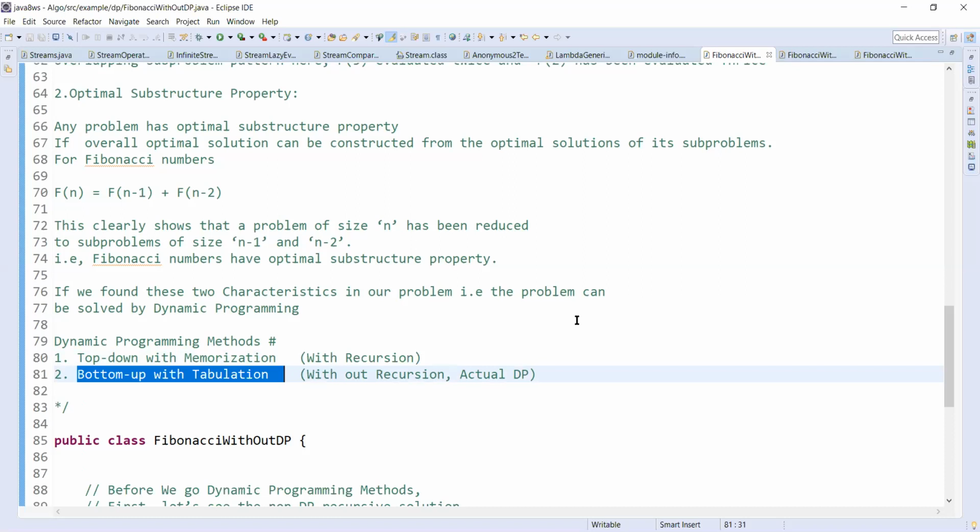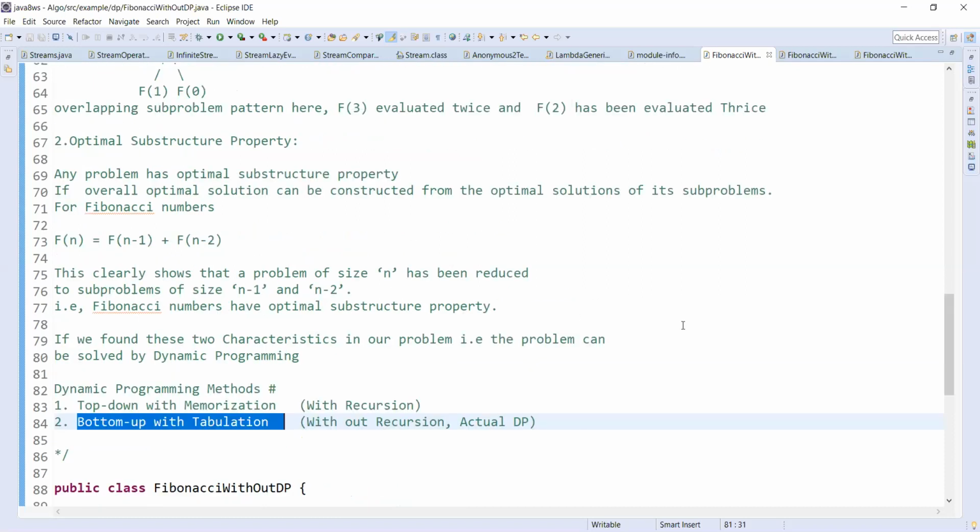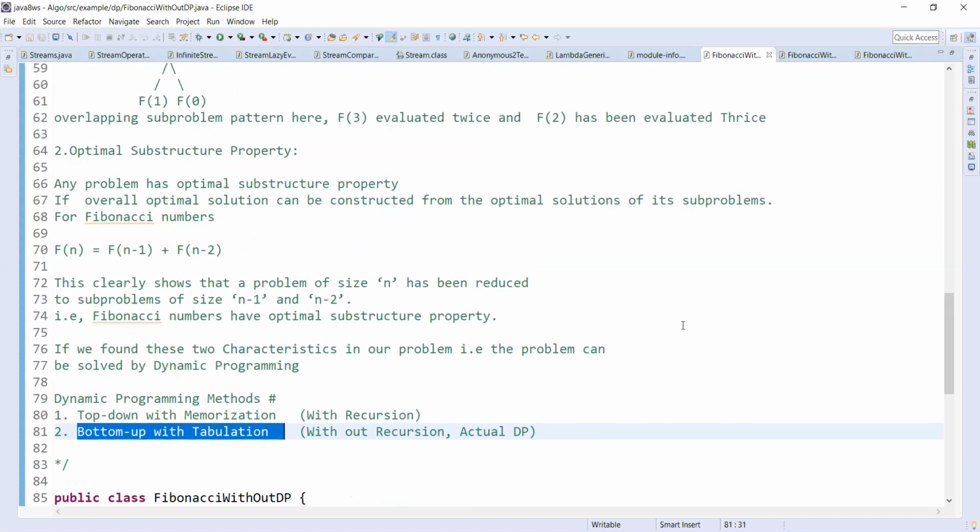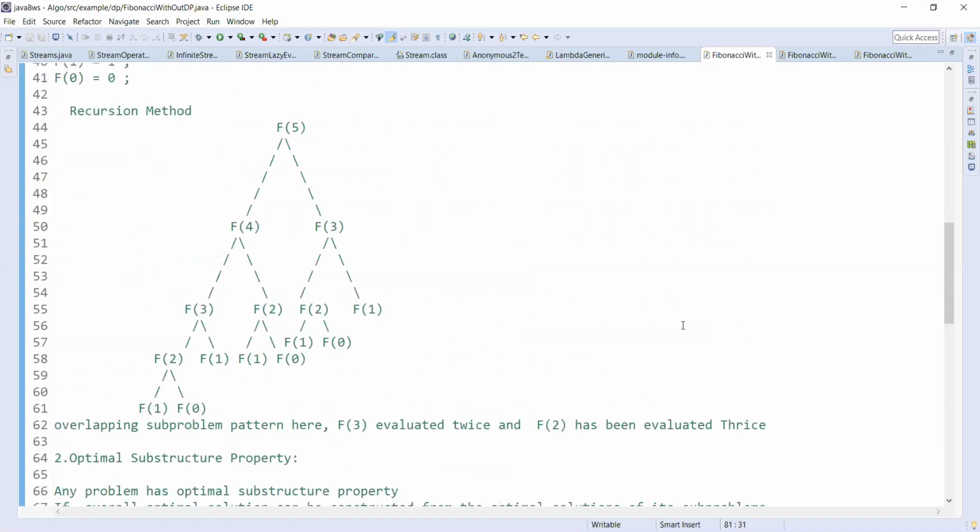First we'll come to the brute force method of finding Fibonacci numbers. Everyone knows what recursion is. So the brute force method is, if I want to find the fifth Fibonacci number, I'll recursively apply the same solution. We'll see the program.